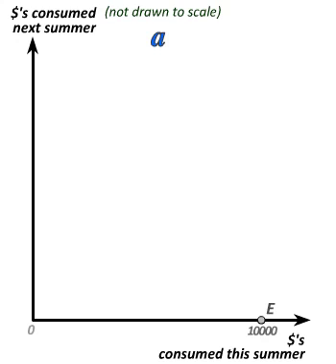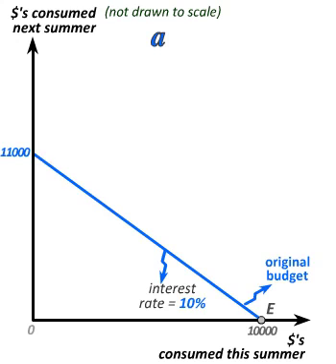Let's consider, as we did in Chapter 3, the case where you're earning $10,000 this summer, and you're trying to think about saving for next summer when you want to take some time off. Thus, your endowment bundle is $10,000 of consumption this summer. This is what you can consume no matter what happens to the interest rate. If the interest rate is 10%, and you put all $10,000 in a savings account, you'll have $11,000 next summer